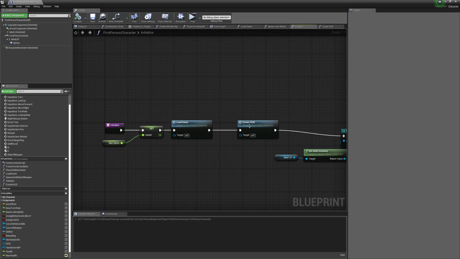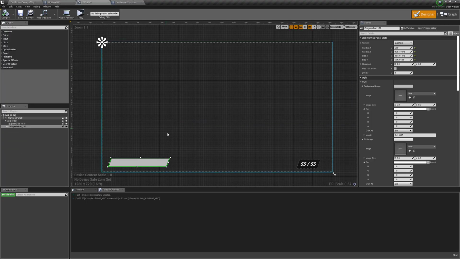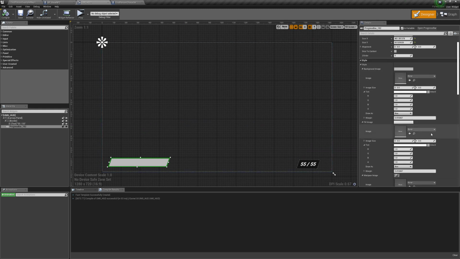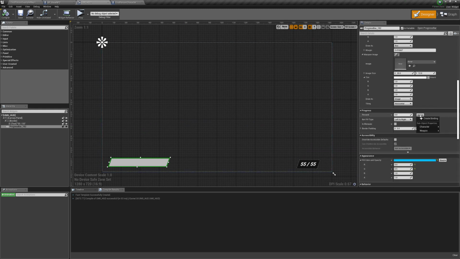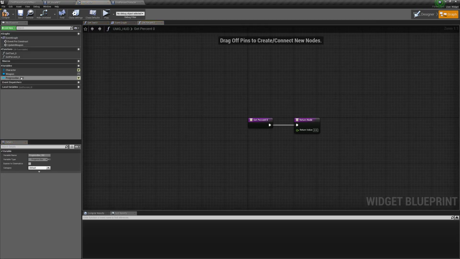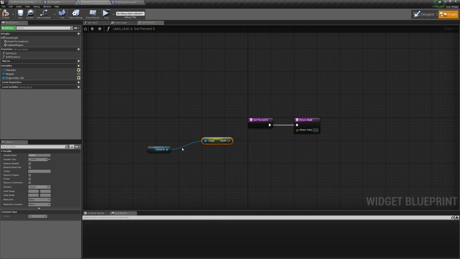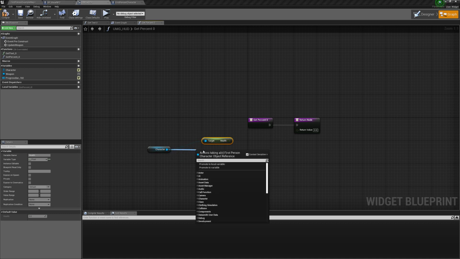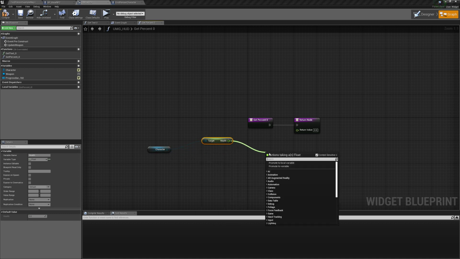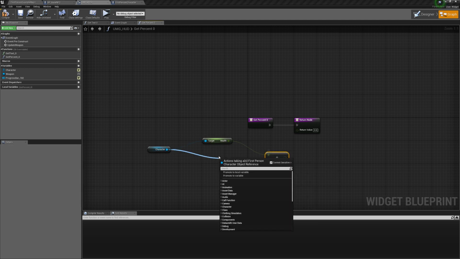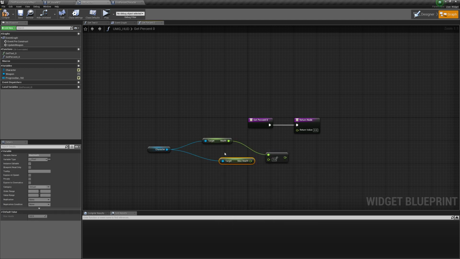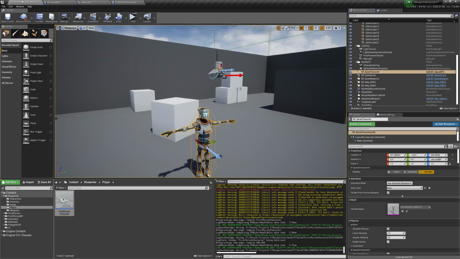Alright. So now if we go to our HUD, what we can do is select the progress bar and create a binding for the percent, and we can create binding, get character, get health divided by get max health, and connect this, compile, save. And if we hit play,